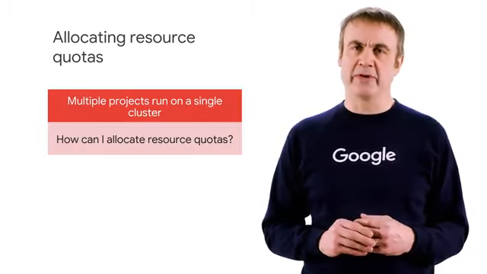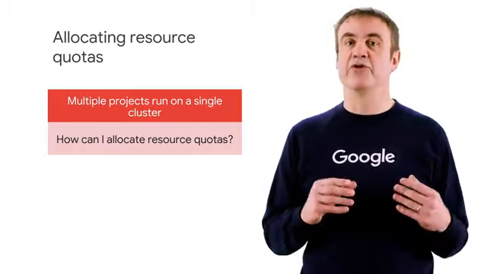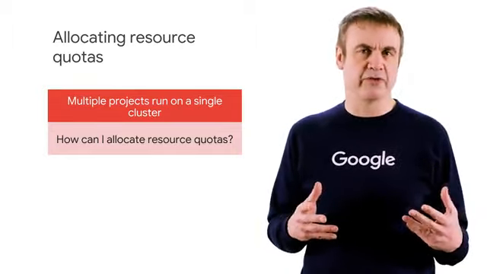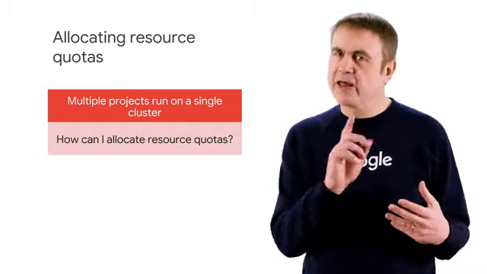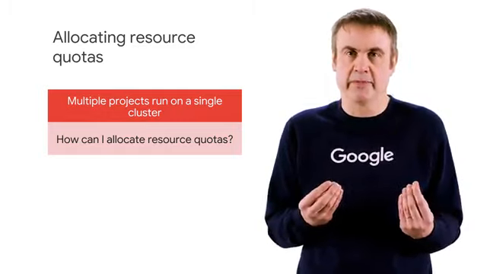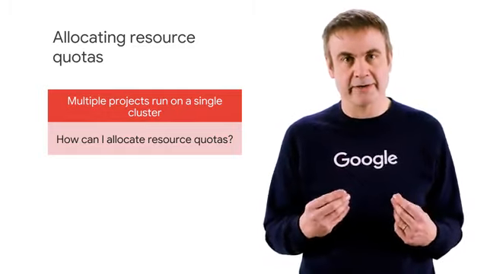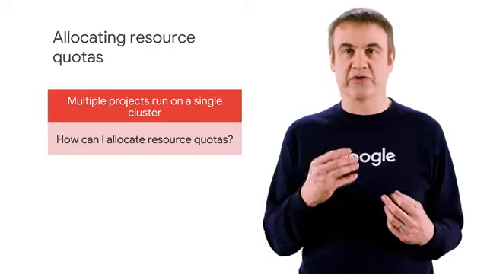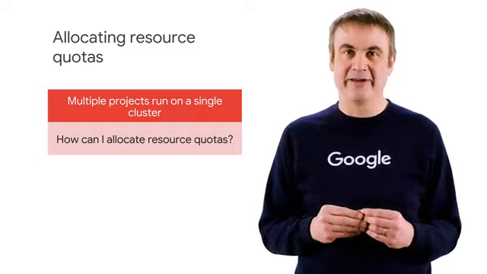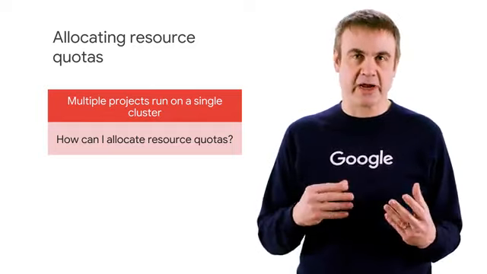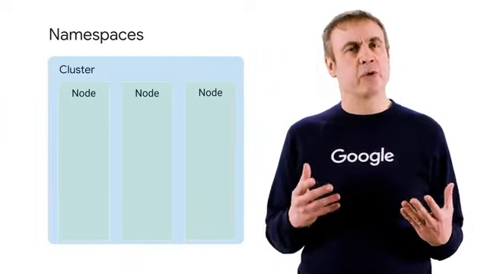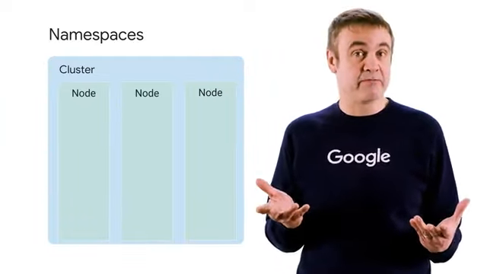It's very probable that you'll be using a single cluster for multiple projects. At the same time, it's essential to maintain resource quotas based on projects or teams. By the way, when I say projects here, I mean projects in the informal sense of the word, things you and your colleagues are working on. Each Kubernetes cluster is associated with one GCP project in the formal sense of the word project, and that's how IAM policies apply to it and how you're billed for it. So, how do you keep everybody's work on your cluster tidy and organized?